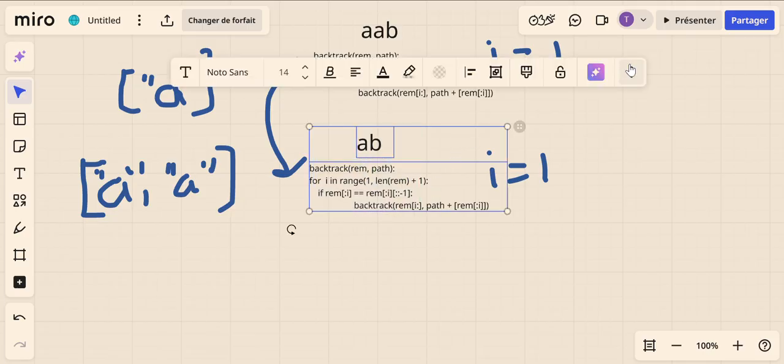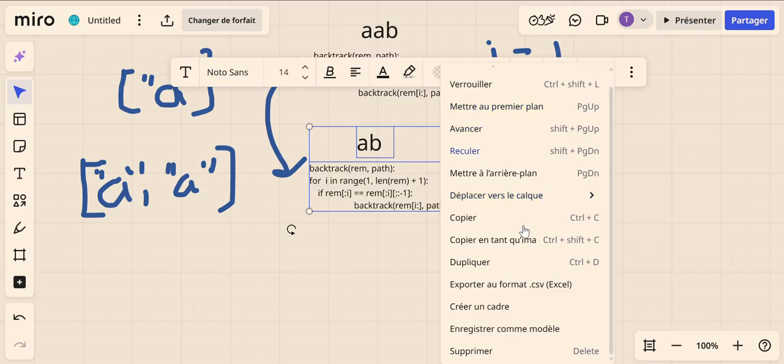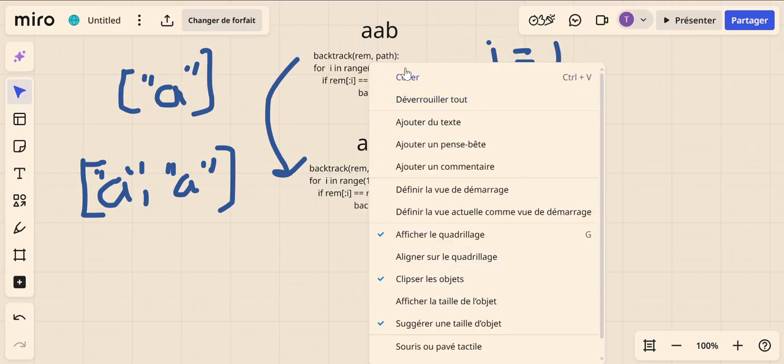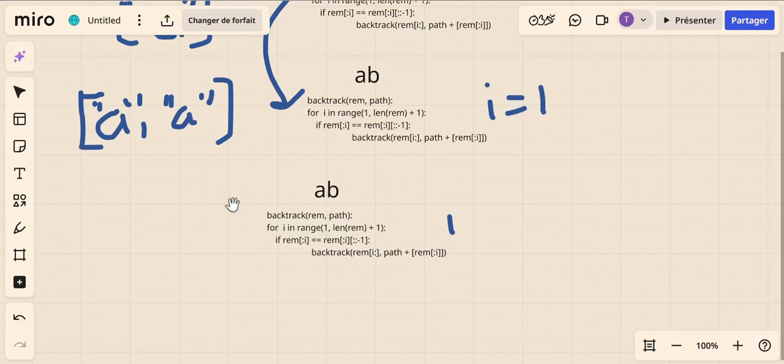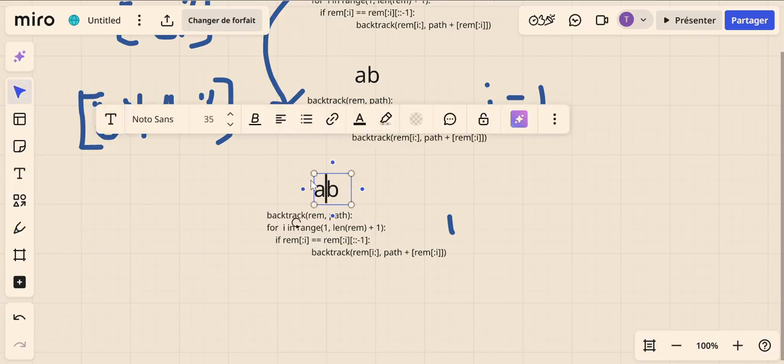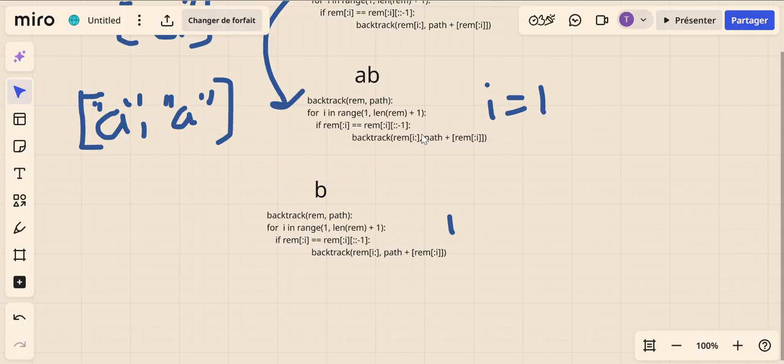So we are gonna go over that. All right, and let me just go down a little bit. Okay, so all right, we are here, but this time notice that we only have a b, right? Because on every recursive call we send the reminder to be whatever the value is, but starting at the index 1, so the index 0 is out. And once again, we are gonna have our index I